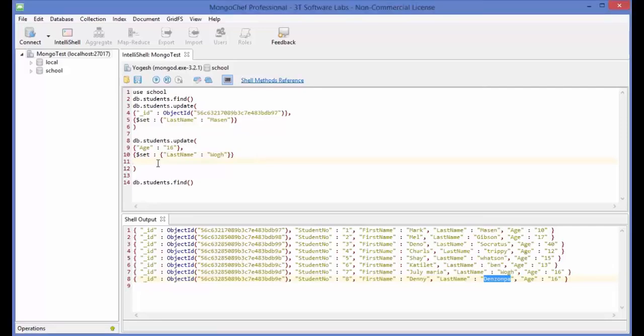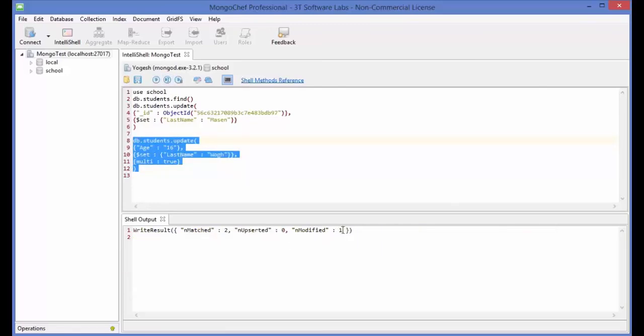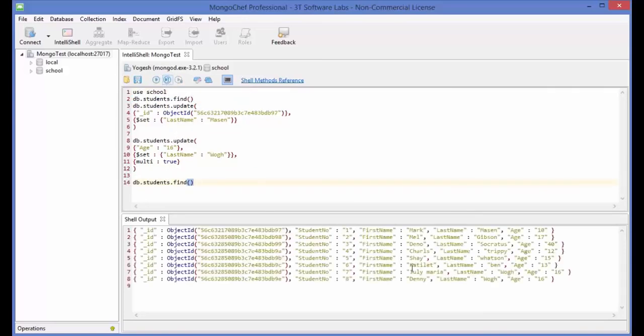The condition is, just give the curly brace once again, and then just write multi colon true, and let's execute this command. But I'm going to remove this, and don't forget you need to give the comma here, right? And then once again execute this command, and it says one more data is affected, which is the other data, right? So just list out the documents once again, and once again this other document is corrected or edited or